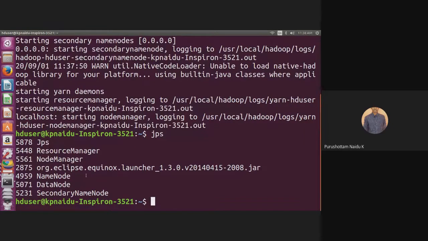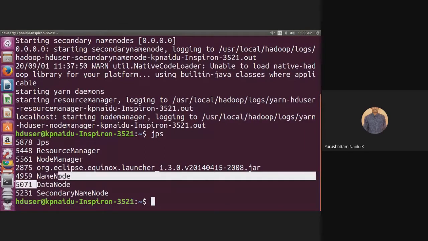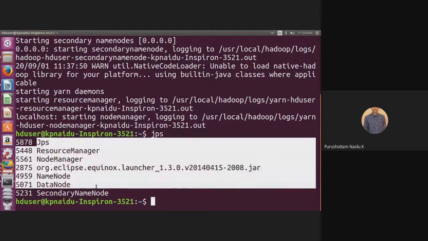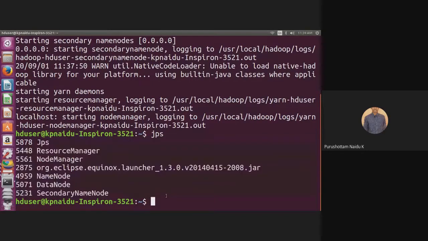after starting all the services, if you give the JPS command, we must have the name node and data node. Sometimes, if you have not configured your system well, these nodes may be missing, and at that time your job will not run properly. That's why when giving JPS, we have to identify that all these services are present. So now our Hadoop is started, and now we have to run our program.